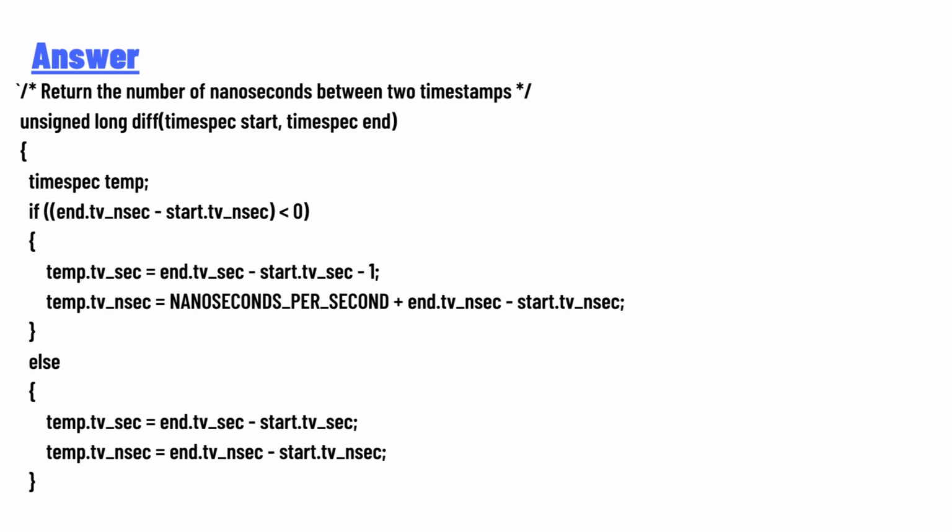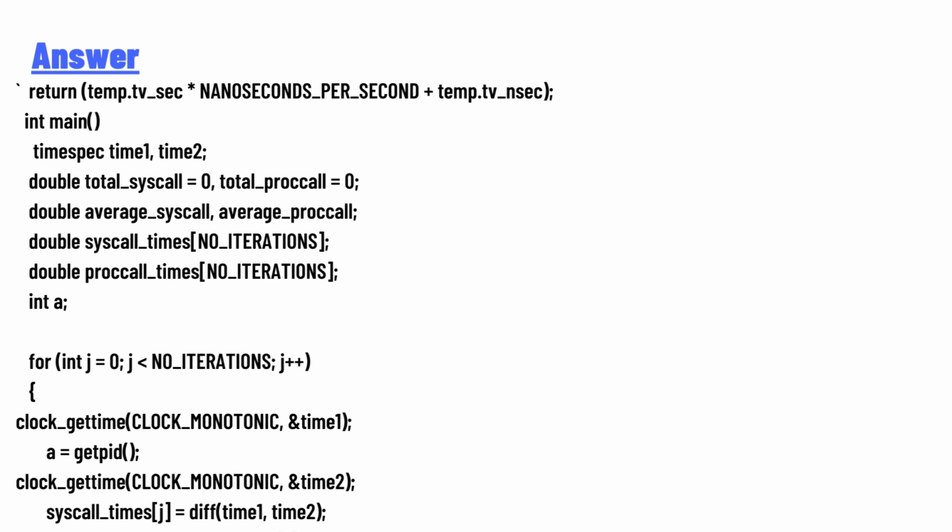diff(timespec start, timespec end) { timespec temp; if (end.tv_nsec - start.tv_nsec < 0) { temp.tv_sec = end.tv_sec - start.tv_sec - 1; temp.tv_nsec = NANOSECONDS_PER_SECOND + end.tv_nsec - start.tv_nsec; } else { temp.tv_sec = end.tv_sec - start.tv_sec; temp.tv_nsec = end.tv_nsec - start.tv_nsec; } return temp.tv_sec * NANOSECONDS_PER_SECOND + temp.tv_nsec;